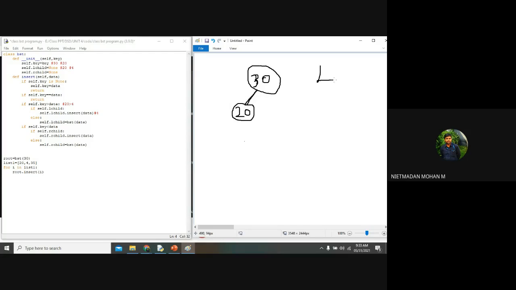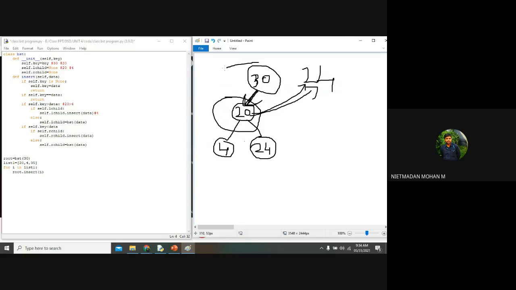Now if you want to insert the element called 4, it will check this as my root node. It checks 30 against 4, and after that we check again 20 against 4. Since 4 is smaller, we insert the value on the left hand side. If I am inserting 24 over here, it will check again with the root node. Yes, the root node is available, so it will check whether 24 is less than 20. No, it is greater, so 24 will be inserted here. So that is the thing.